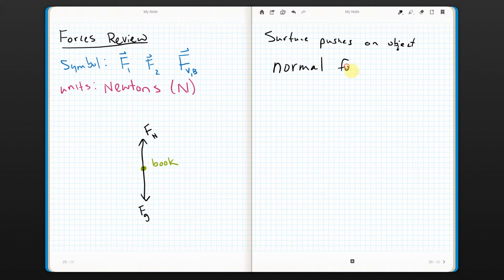Normal force. Normal doesn't mean average or something. It means normal as in perpendicular. It is perpendicular to the surface. We did this last year, this is only review. Perpendicular to your surface. So if you tilt that surface,